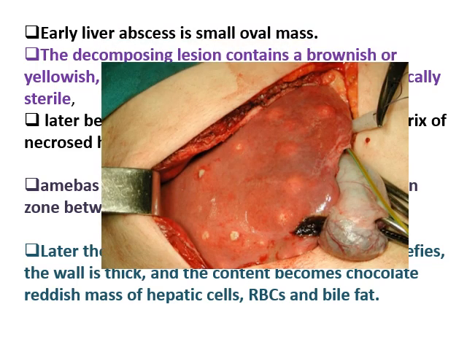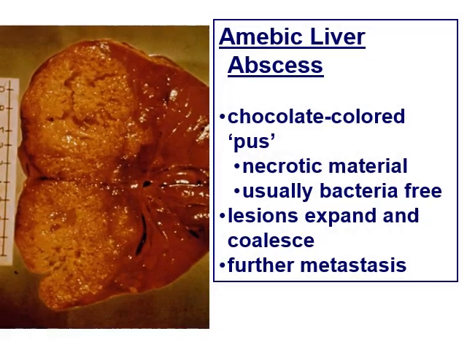This picture indicates the amoebic abscess. It is a chocolate reddish mass. Amoebic liver abscess, chocolate color, as we see in this picture. Chocolate colored pus, necrotic material, usually a bacteria-free lesion, expands and leads to further metastasis to other